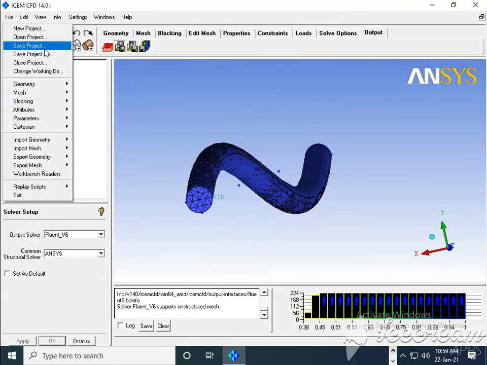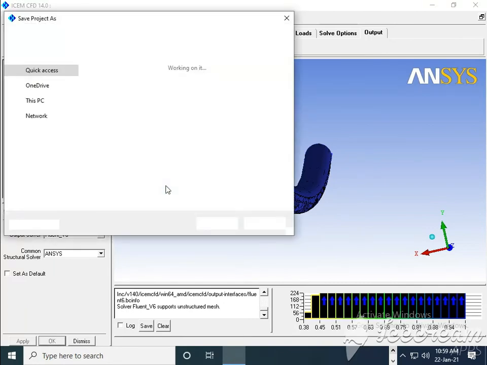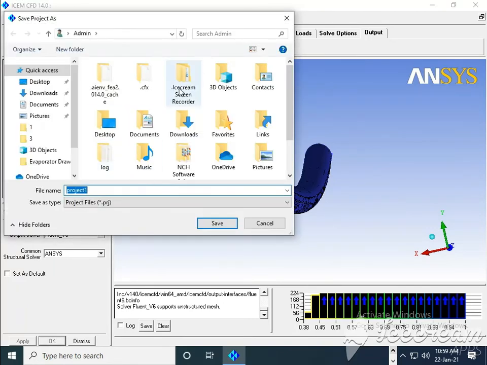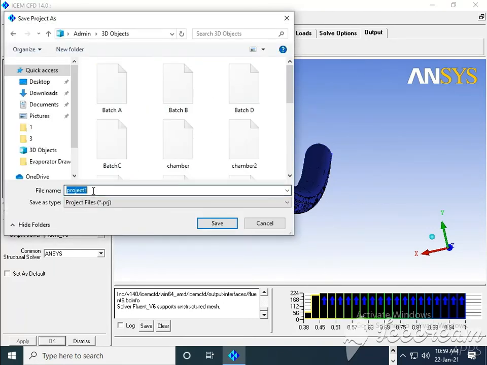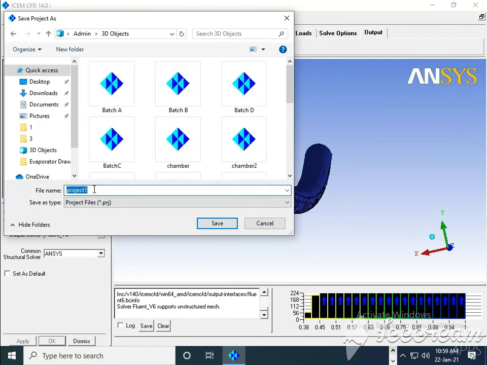We need to save this project, save as. We can name it geometry, we'll say DPM geometry. Save.